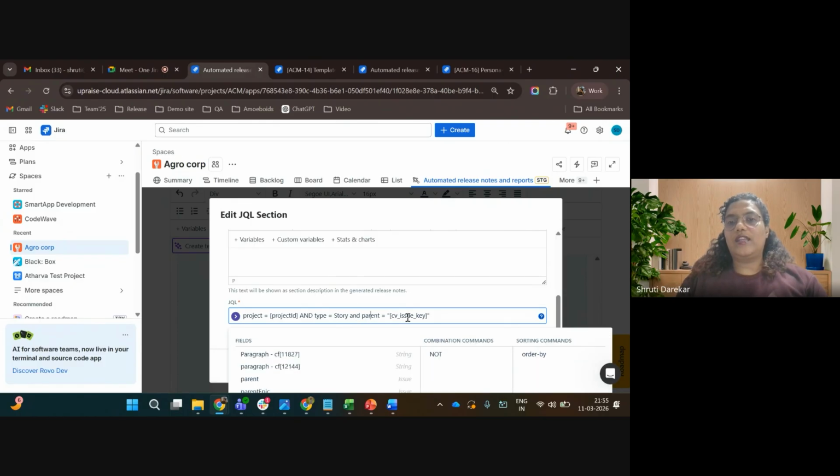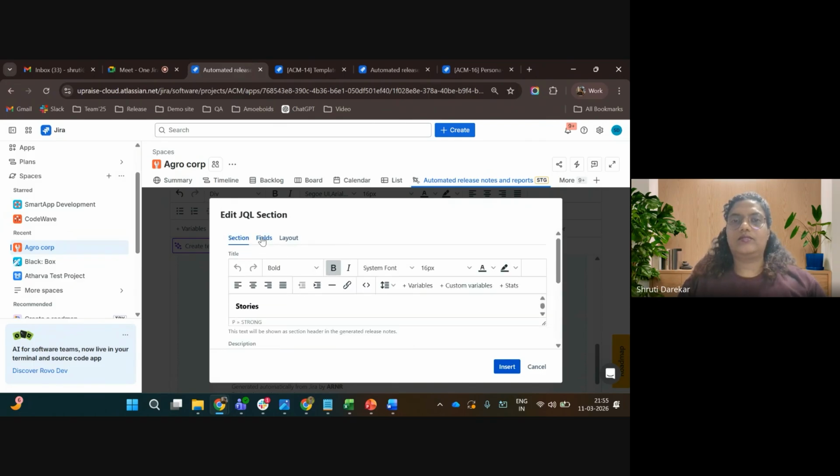So here we have used another feature, that is custom variables. If you use this, you can create custom variables in the app. If you use this, you do not have to hard code any of the Jira issues. You can directly add this JQL, and while creating the report, you can select for which issue you want to create this